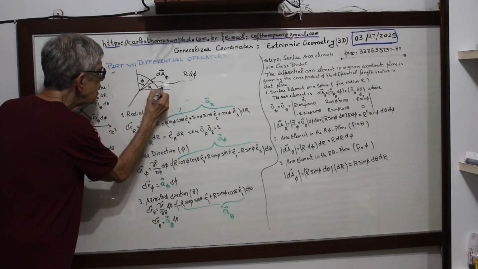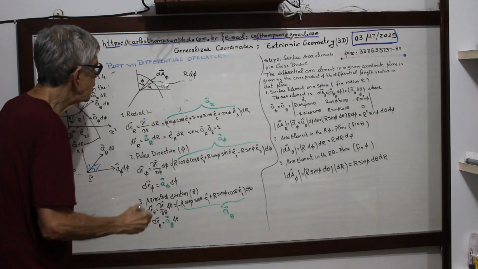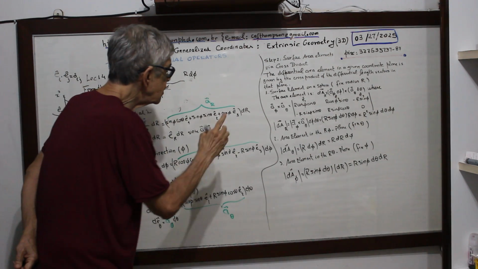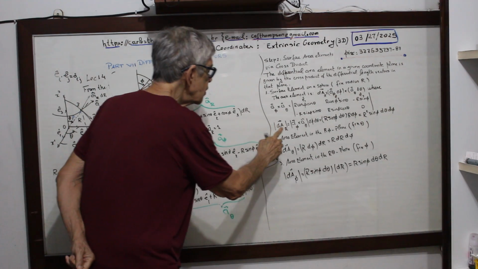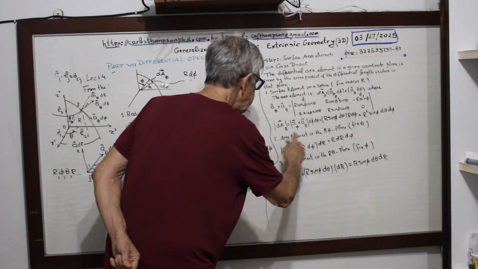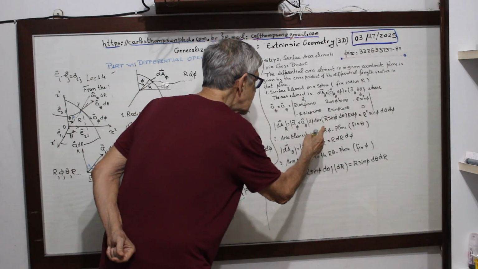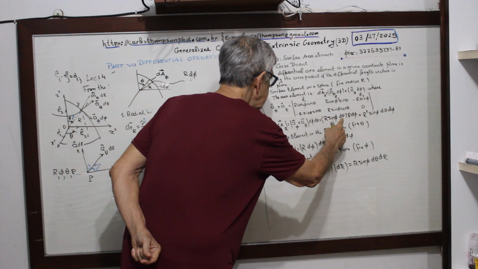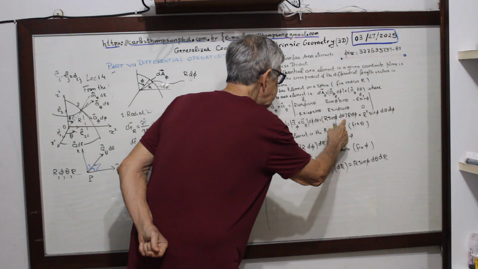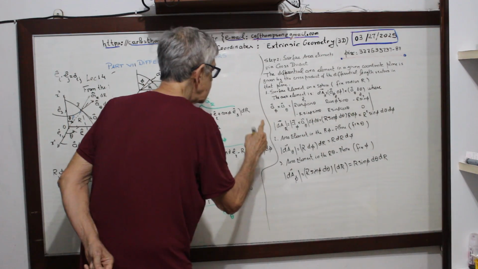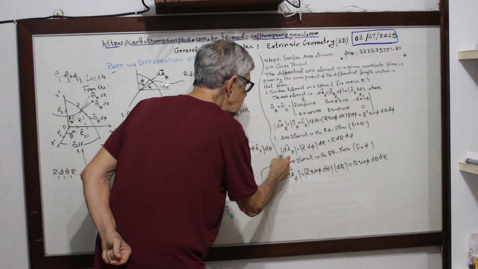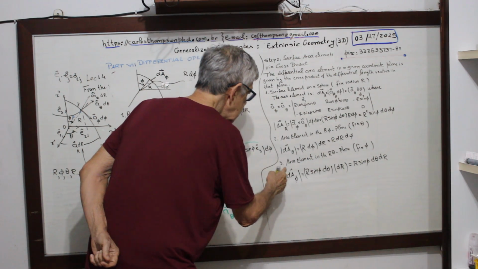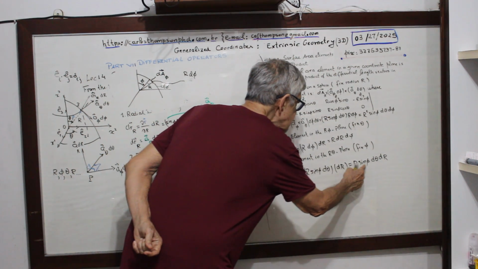So I have this length. You see over here, this is the area element. This is r sine phi d theta, and this over here is r d phi, and this element is r sine phi